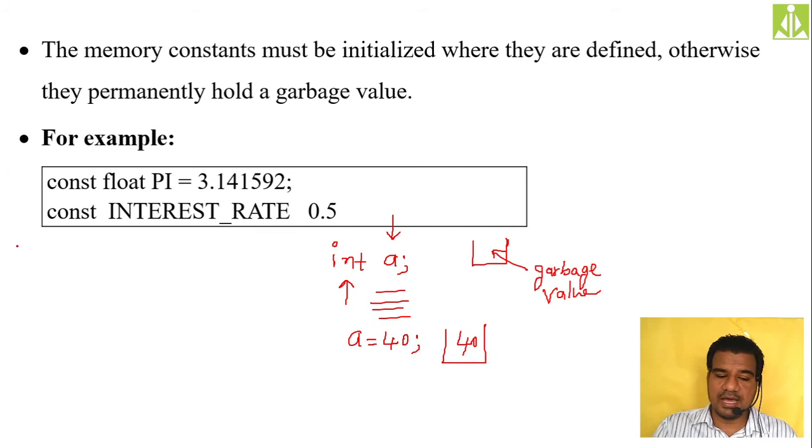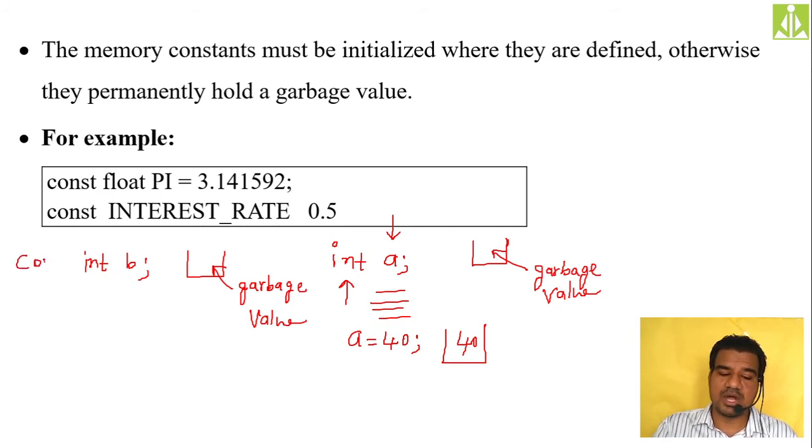So if you define another variable, let us say int b, when you are creating int b, what will happen? This b variable will also take some memory location and you have not done the initialization. So what will this variable b hold? It will hold garbage value only, meaningless value, because it is uninitialized. So now what I am doing, I am making this b variable a memory constant. How? Use the const type qualifier. So now this b is a memory constant.